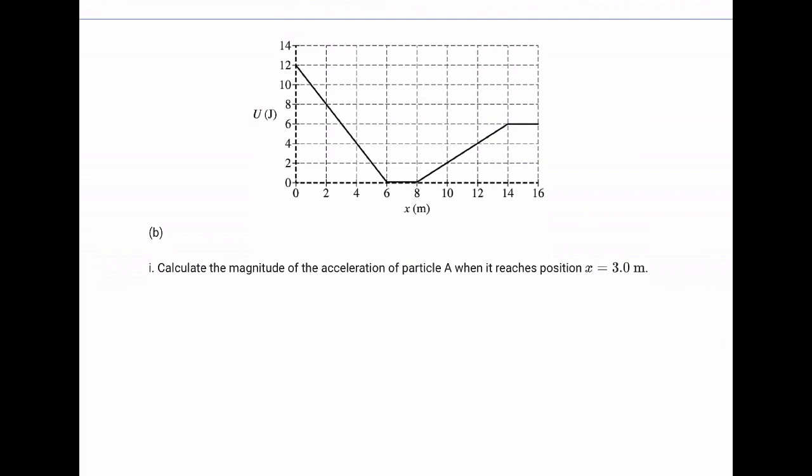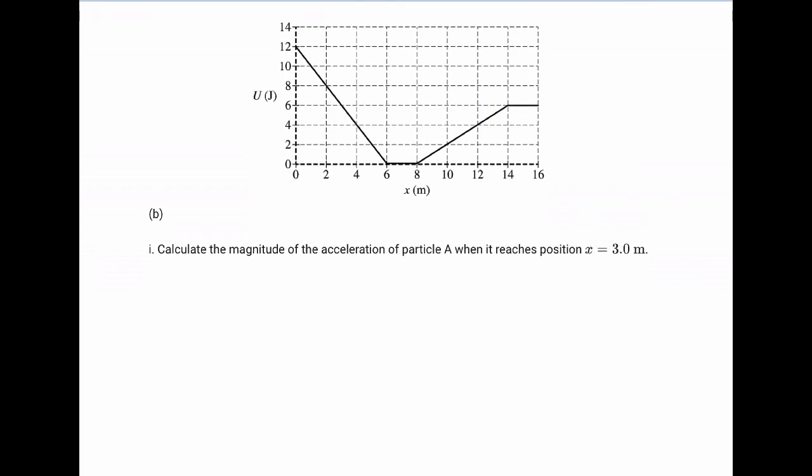Now for part B, we need to find the acceleration of the particle when the position is 3 meters. There is no direct connection between acceleration and potential energy, but we know that there is a connection between potential energy and force. So the force is equal to the negative derivative of potential energy, and the derivative means slope. So the force is the opposite of the slope. So if we go to position 3 meters, we need to find the slope of this line,